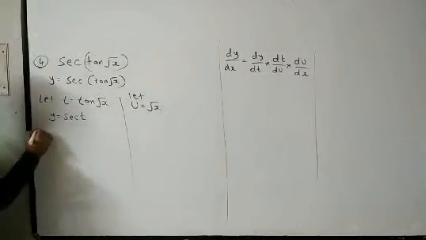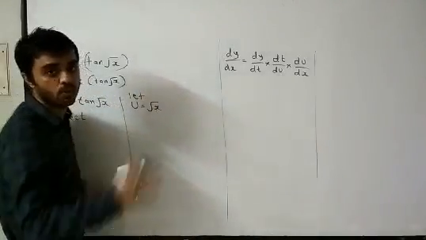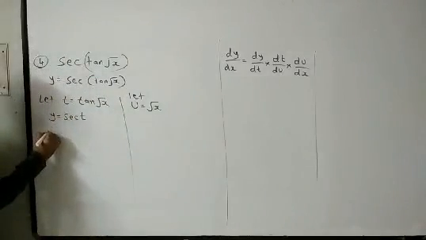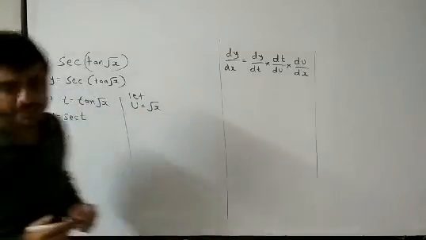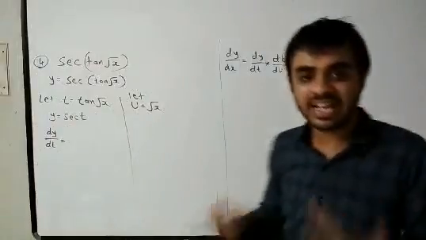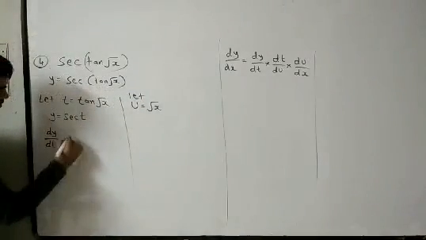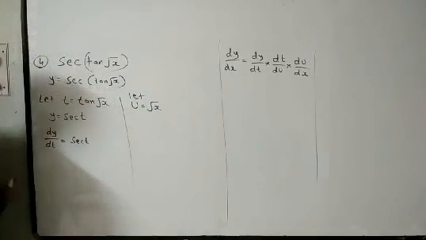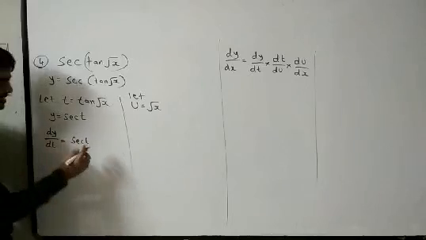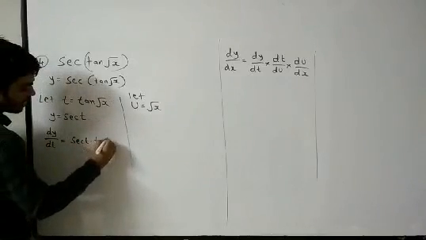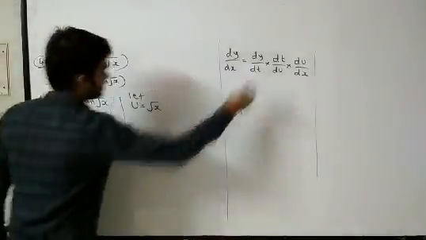So now here what we want is dy by dt. We have y is equal to sec t. Now differentiate this. In the examination you have to write, differentiating with respect to t on both the sides. So dy by dt: derivative of sec t is sec t into tan t, that you must know, and here dt by dt will be 1 only. So dy by dt we have got.